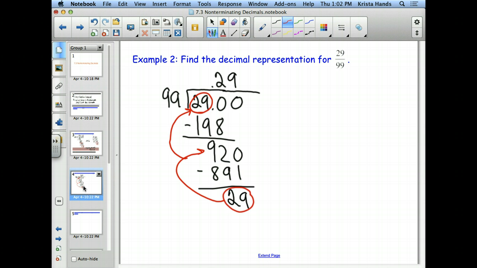So how many things are actually repeating? 2. The 2 and the 9. And again, if you're not sure, you can find it out easily. You just keep doing the process. You say, okay, well, I don't know, is it just the 2 that's repeating, is it just the 9 that's repeating, or is it the 2 and the 9? You know, how many of these things are repeating? We'll just do it again. So if you weren't sure and you did it again,